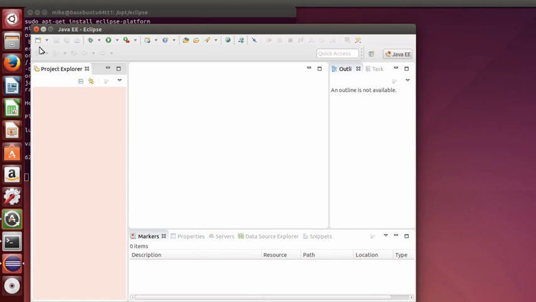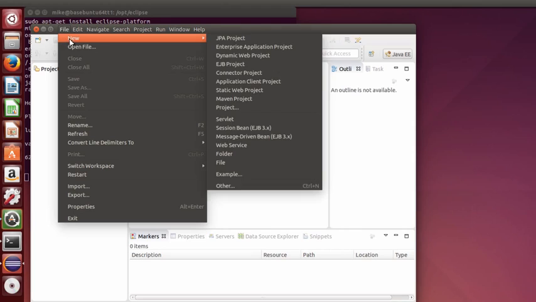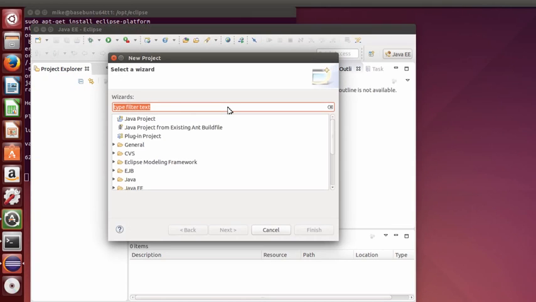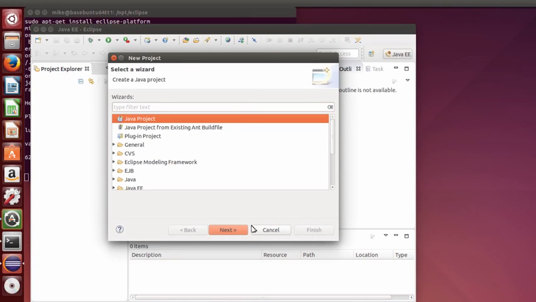And then if I do a restart on this, well, actually it's shown right here currently. So let's go over here to the icon here, lock it to the launcher, so next time I won't have to do that. So I'll go to File, New, Project, and just Java Project. Click Next,